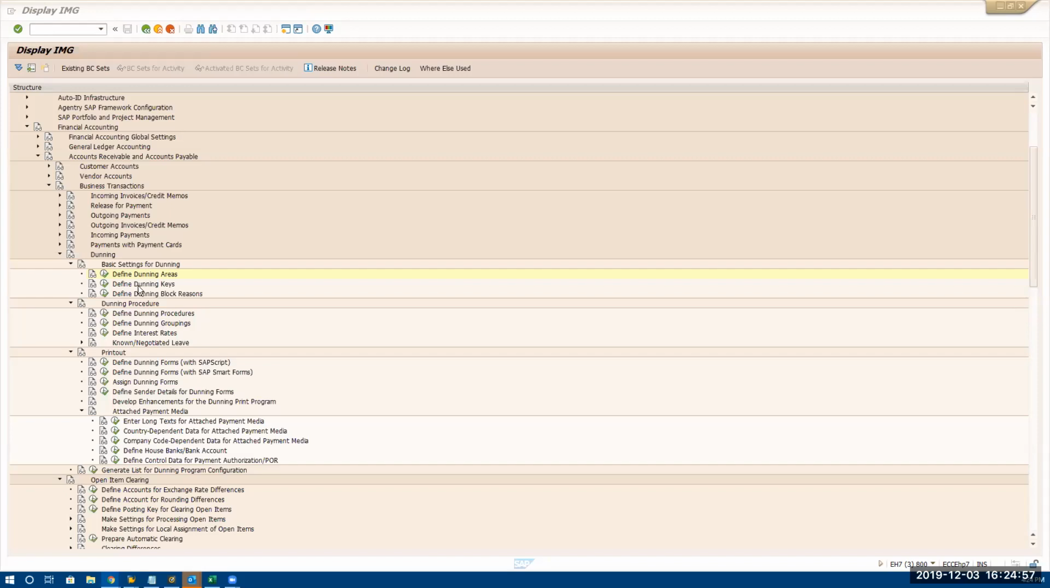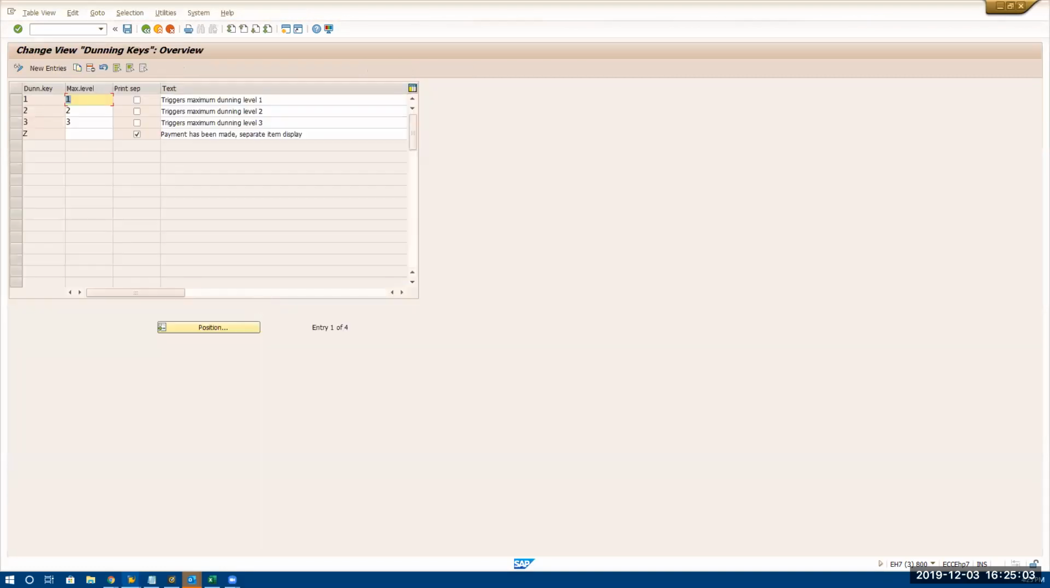Okay. The next step is Dunning keys. Actually, this is the first step. Okay. So Dunning keys. What is Dunning keys? Maybe to send out these payments. Right. So dunning keys limits the dunning level of an item. So when you say dunning key is 1, how many